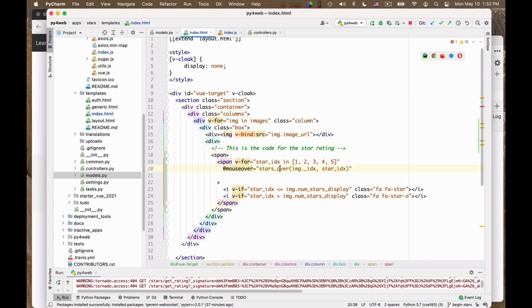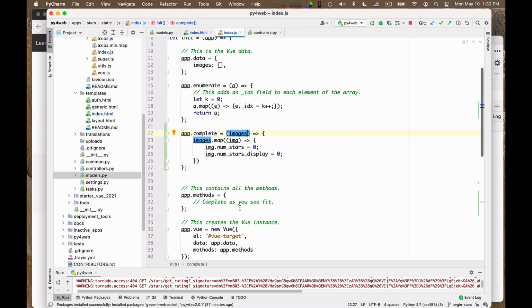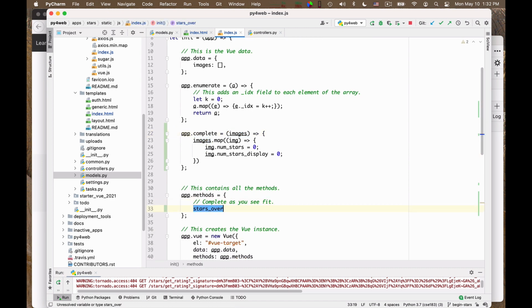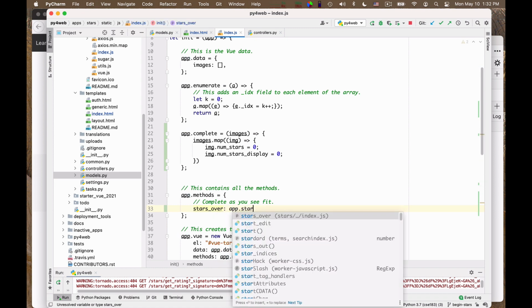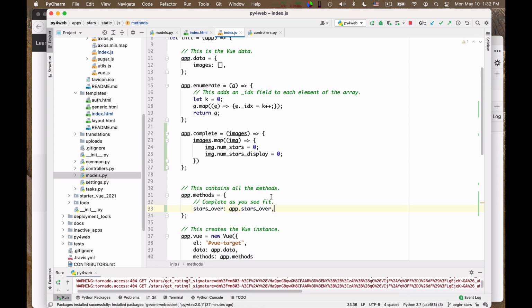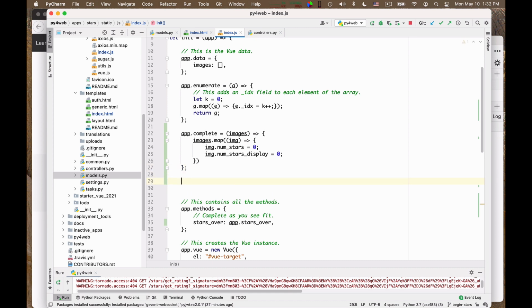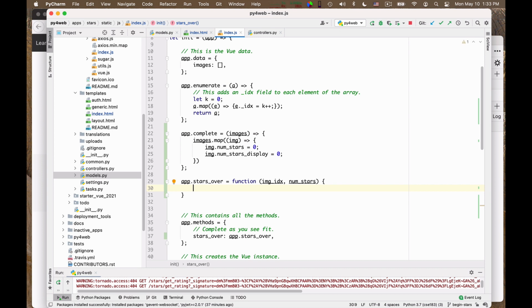And now I have to implement this starSover method. So I go to the Vue, and here I say app.starSover. Okay, not very novel so far, but here we finally implement it. This is a function that takes 2 parameters, the image index and the number of stars. What do we have to do?